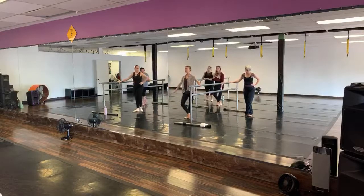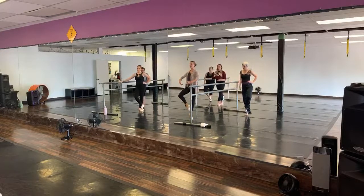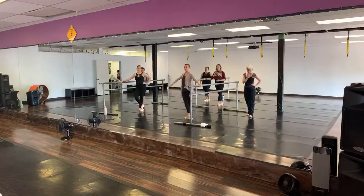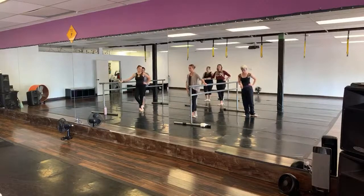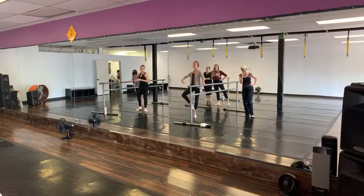Then let's go plie, sous-sus. We're going to find that coupe front bouncing now. Take a little bounce. As we finish, try to pass through a sous-sus first to get taller, and then plie, and we'll finish there. So en croix, we have 2 dégagés, 1 tendu fit, and 2 tendu fit. Coupe, pas de cheval, lower, fit. That en croix. Repeat to the side, repeat to the back, repeat that to the side, plie, sous-sus, coupe front,